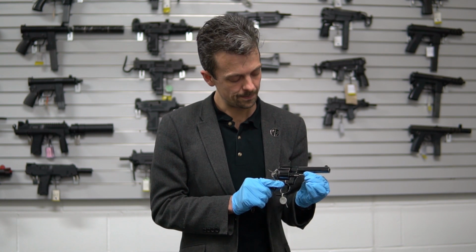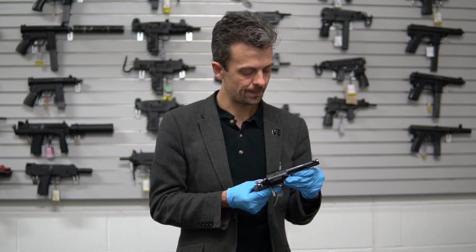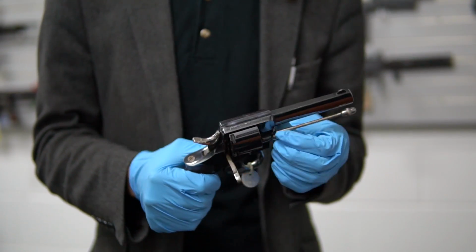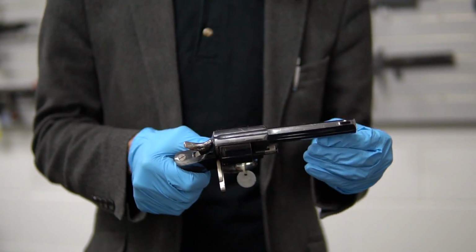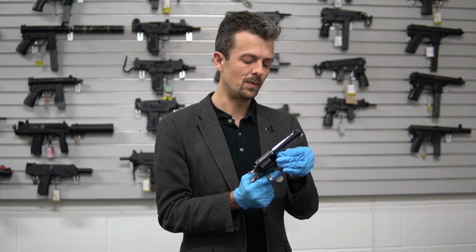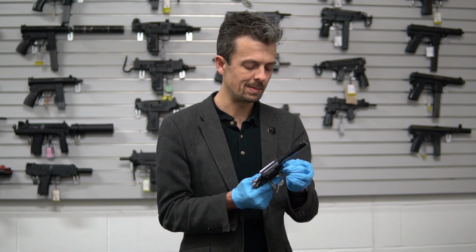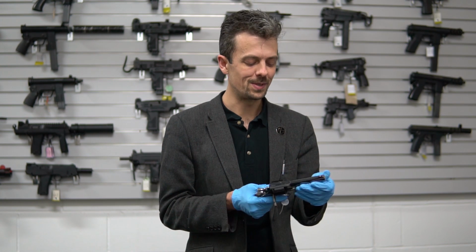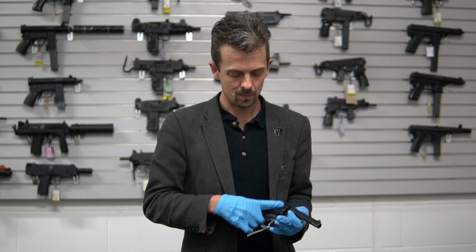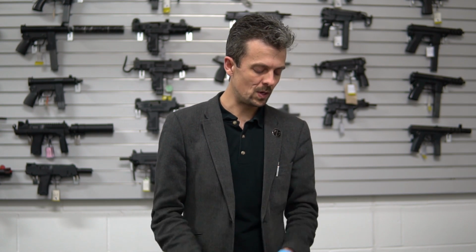And this actually has an ejector rod. So you pivot that out into alignment with the case you wish to eject, and you push it out. So you can imagine that would take some time. The Italians have probably shot you by the time you've reloaded, in the context of this piece of fiction that we're talking about. So put that down. Those are nearly all of the revolvers. I have